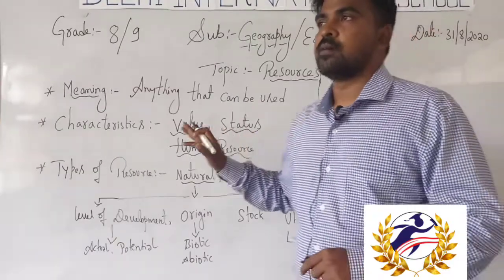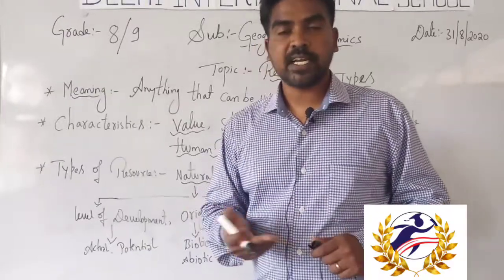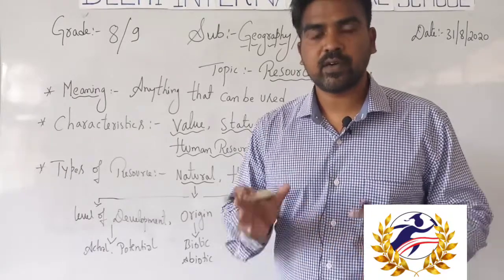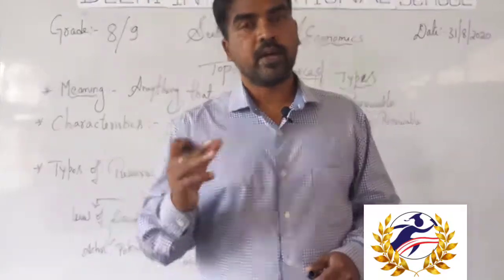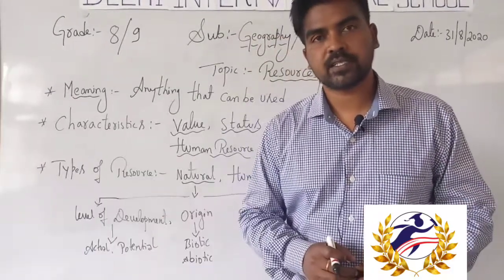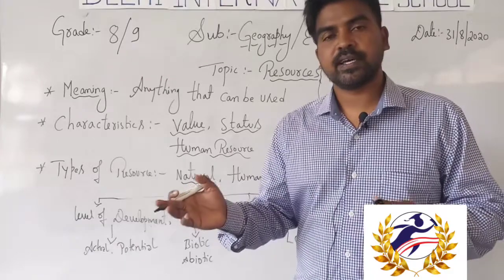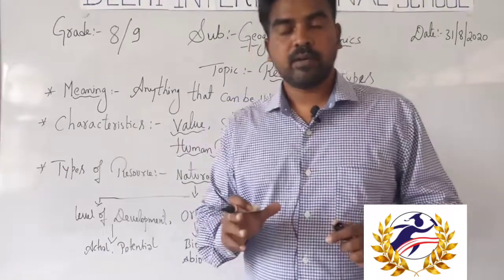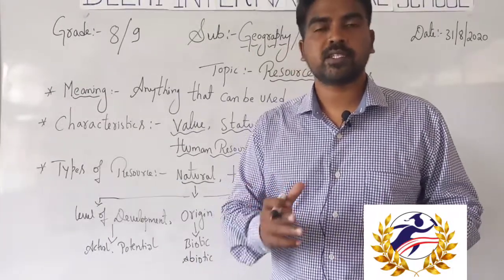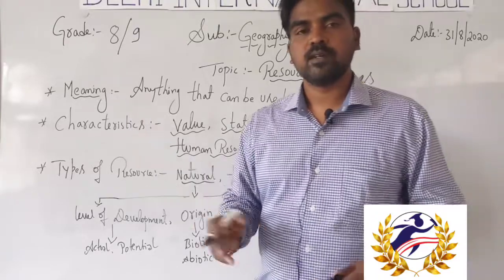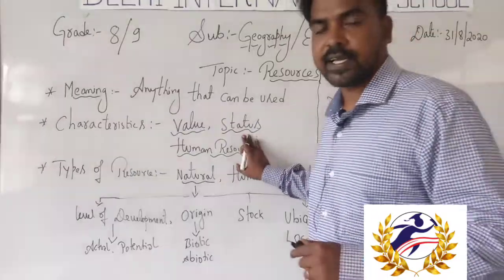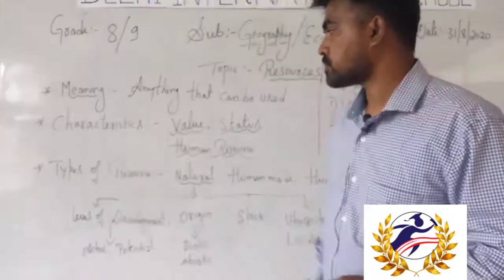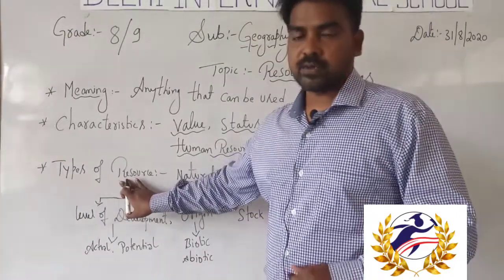For example, in a classroom, the teacher is a facilitator. The teacher is a human being, and acts as a facilitator to convey messages to the students. A doctor gives treatment to patients. The nurse in a hospital takes care of the patients. And a driver, as a human resource, drives the vehicle, and many passengers depend on vehicles to move. So like that, humans themselves are considered a resource. We call it human resource. So this is about the characteristics and the types of resources.